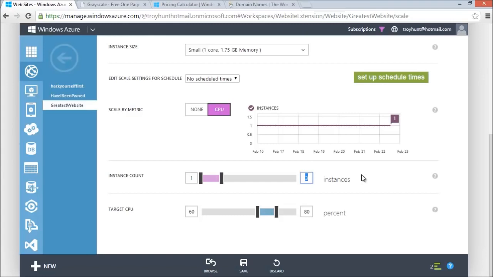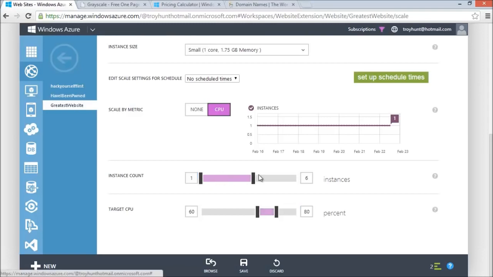Now the way it's going to scale is there is a target CPU range between 60 and 80%. All of this is configurable. Okay, I can find the sweet spot for me. So assuming I leave it at the default and we go from 60 to 80, what it means is that if the CPU of the machine, and we know how to look at that now because we saw the monitor tab before, if it goes above 80, I'm going to get another instance. Now when I have 2 instances, my average is going to come down beneath 80. If that average then goes up above 80 again, I'm going to get a 3rd instance,